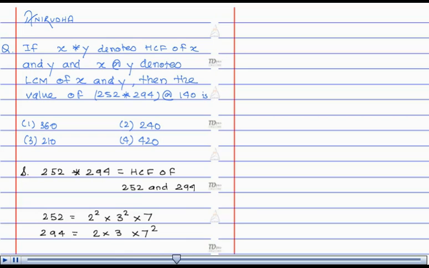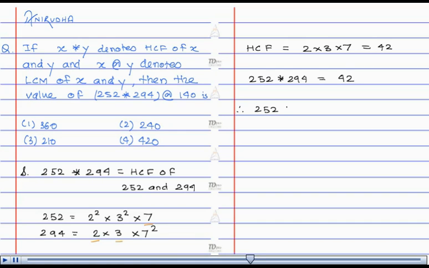Now HCF is defined as the product of the prime factors common to both the numbers, that is the product of 2, 3 and 7, and therefore HCF is equal to 2 into 3 into 7, that is 42, or we can say 252 asterisk 294 is equal to 42, and therefore